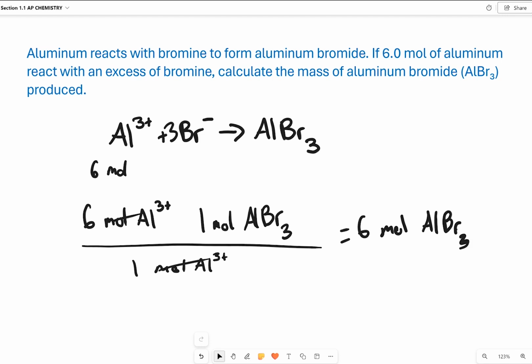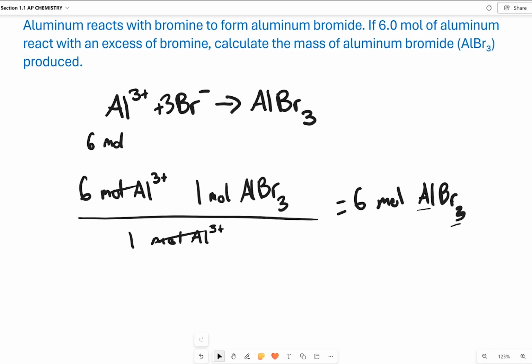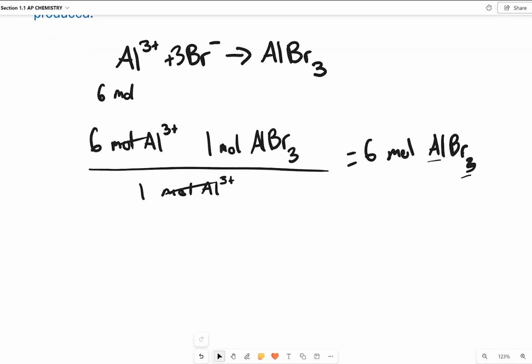Now I've got to calculate the mass of aluminum bromide. To do this, we need to find the molar mass of 1 aluminum and 3 bromine. We know the molar mass of aluminum, I'm going to look at a table over here, is 26.98. And then we'll look at the mass of bromine, which is 79.9. But there's 3 of them, so 79.9. We're going to get, let's add that up. Our molar mass is